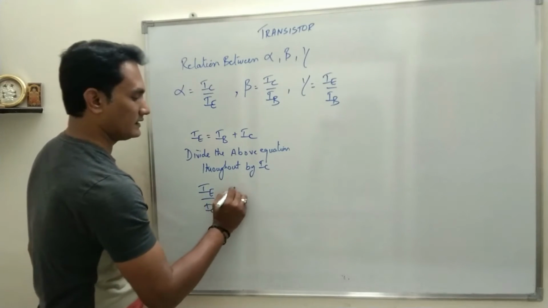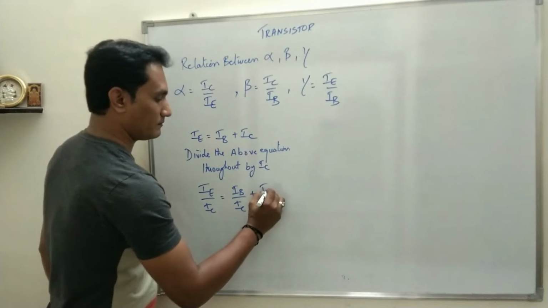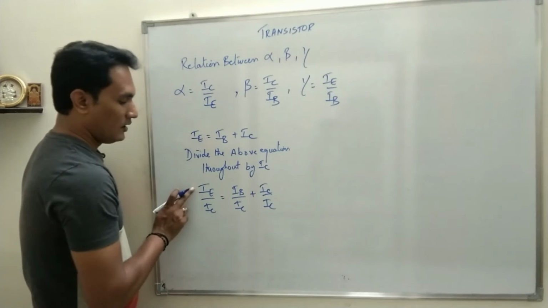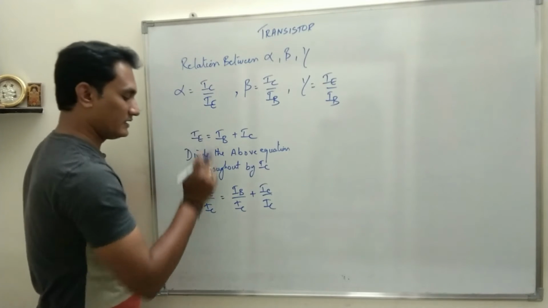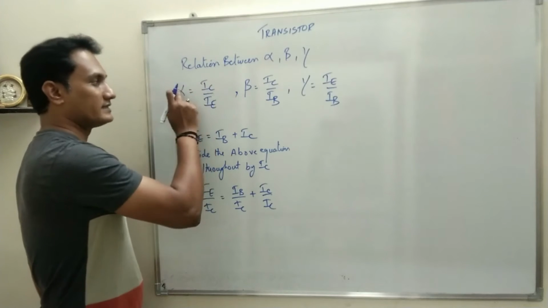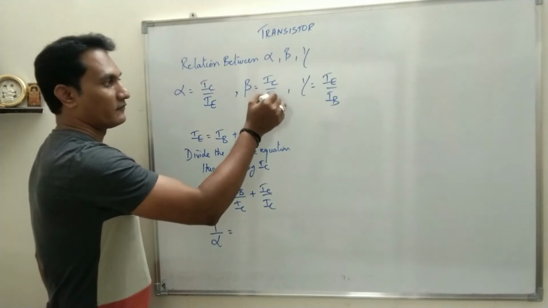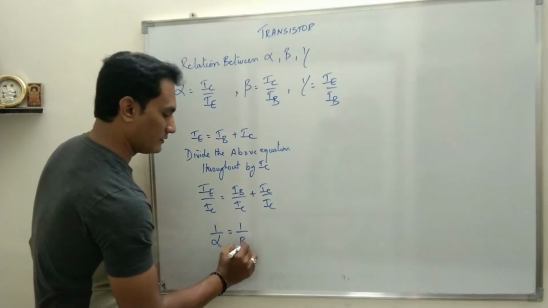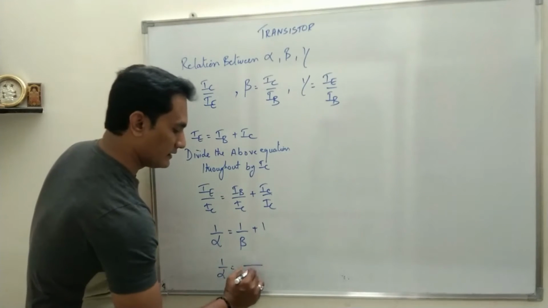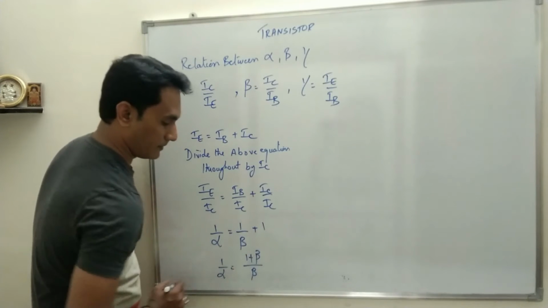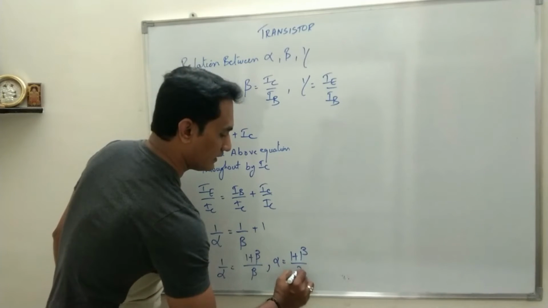So what is the equation which you are going to get? IE upon IC is equal to IB upon IC plus IC upon IC. Of course, IC upon IC will be 1. What is IE upon IC? It is the reciprocal of alpha, right? So IE upon IC will be 1 upon alpha. What is IB upon IC? Of course, the reciprocal of beta. So it will be 1 upon beta plus 1. So 1 upon alpha is (1 plus beta) upon beta. Okay. So what we can say is alpha is equal to...